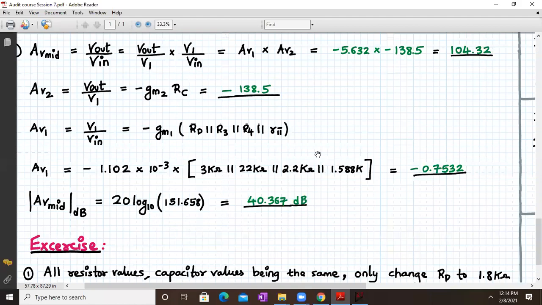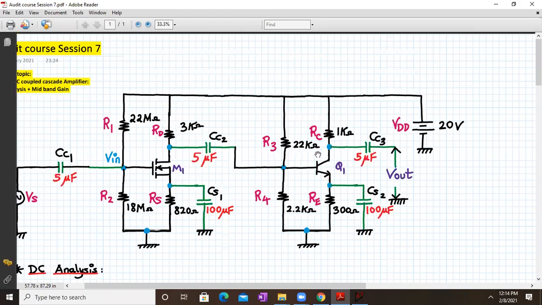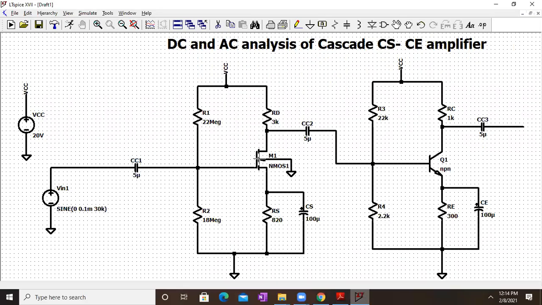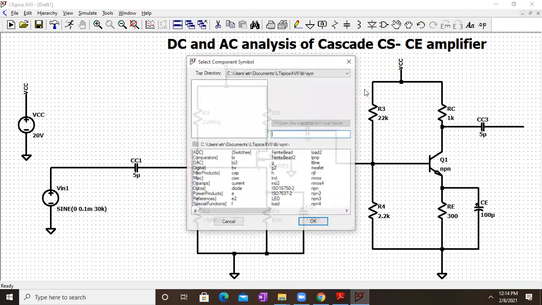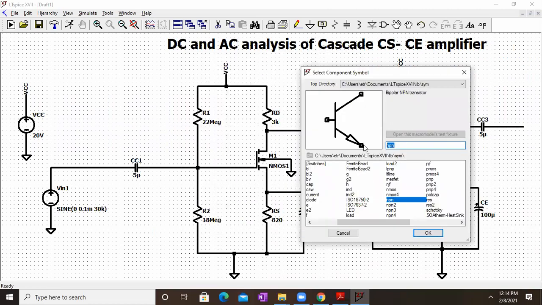Now, let's start building up the circuit and let's do the AC and the DC analysis. Okay, so let me go back to the circuit. Yeah, so I have already made one LTspice circuit available, I mean made ready for your reference. So over here we have to select NPN from the library. Okay, you just type NPN and you will get this transistor. So I've used this transistor, and for NMOS enhancement mode, we type NMOS4. Okay, so you have this. So the only difference is here, if you see, this is my drain, gate, body, and substrate. So the substrate terminal of the NMOS has to be connected to the ground.